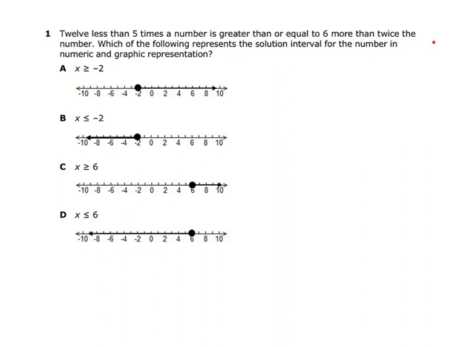The hardest part of problems like these is interpreting all those words into an equation, or an inequality in this case. Okay, so 12 less than 5 times a number, we'll call that number x, since that's what the answer choices are in. 5 times a number, 5x. 12 less than that, minus 12, is greater than or equal to,